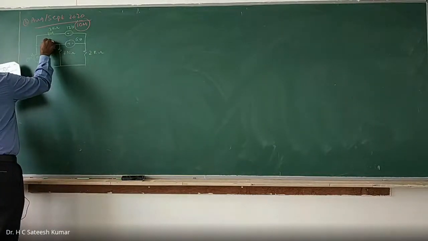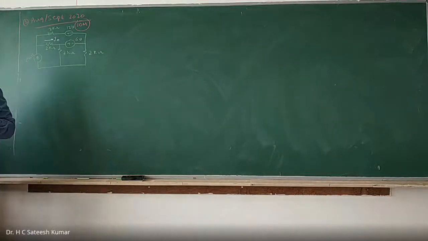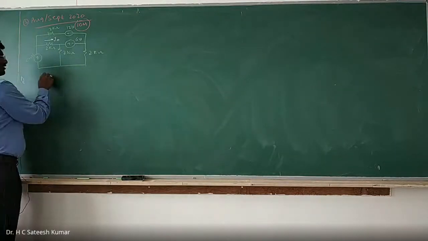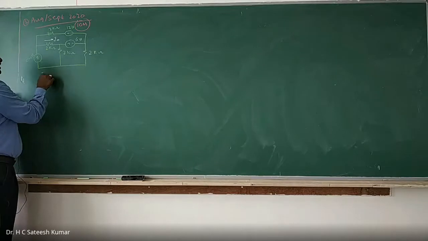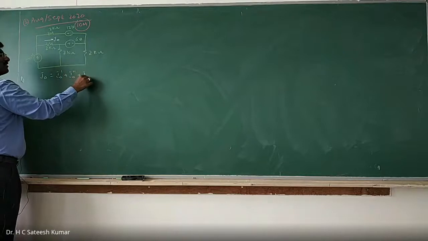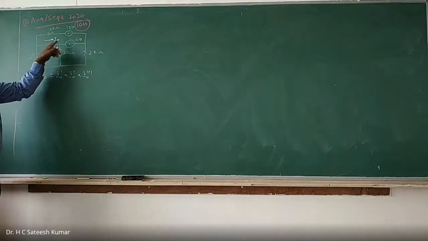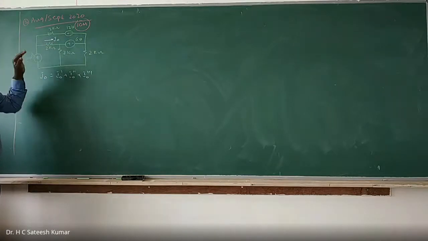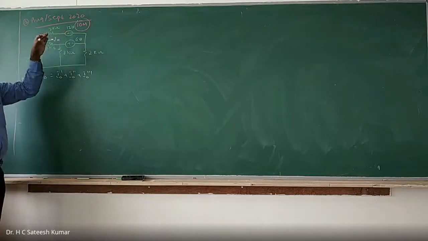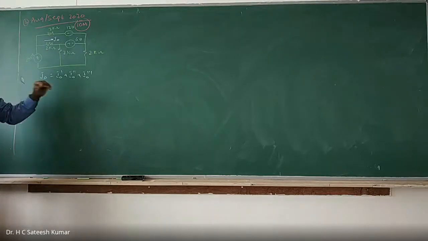This current I naught, he said, using superposition theorem. So according to superposition theorem, what should we do? Response I naught is equal to I naught dash plus I naught double dash plus I naught triple dash. Because response in any element due to a number of sources acting simultaneously is equal to the sum of the responses when they're acting individually. Here, 3 sources are there. Therefore, we'll have to add the response due to this one, response due to this one, response due to this one. That's the speciality of this one.